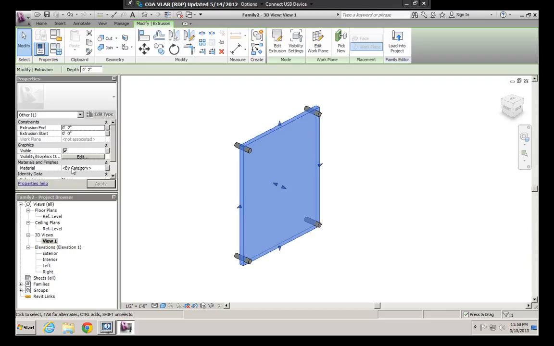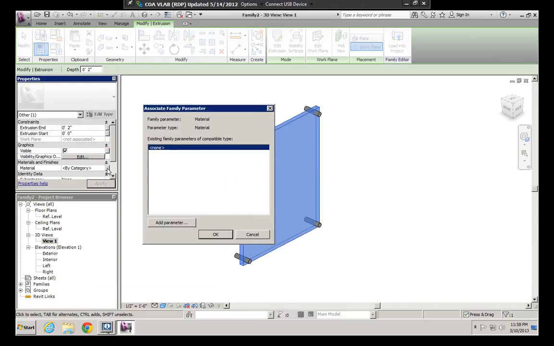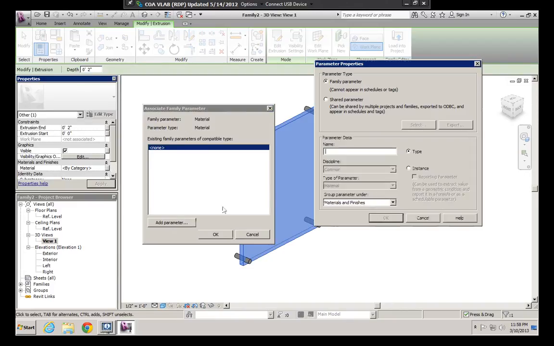If you give it a material here, when you import it into your project, the panel will take that material by default, and you won't have access to change it. And if you want to have access, you need to associate this to a parameter. So in order to create it, I'm clicking on this little button next to the material, and then here I want to add a parameter,